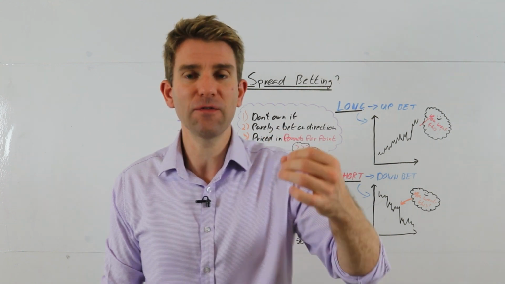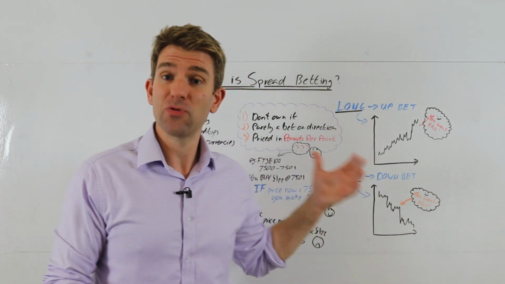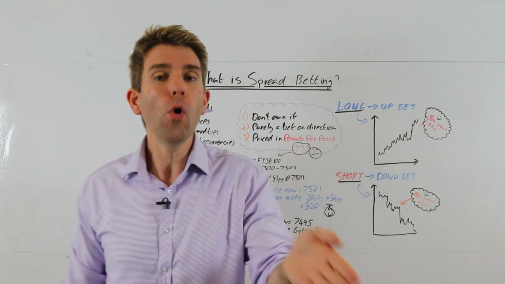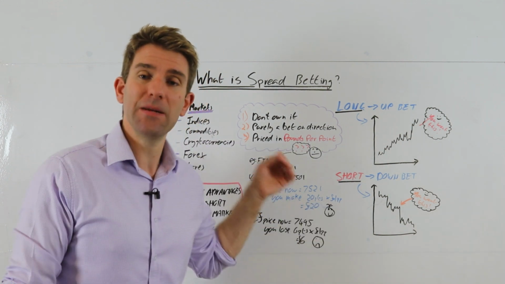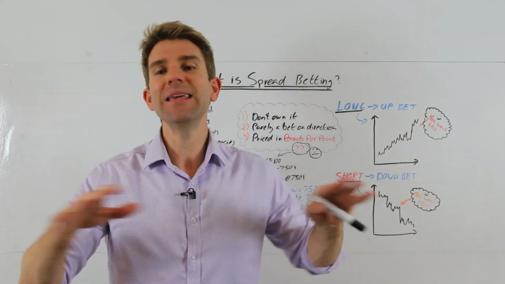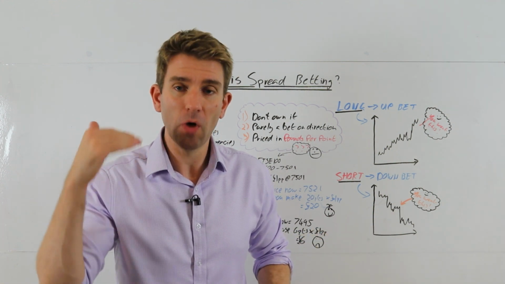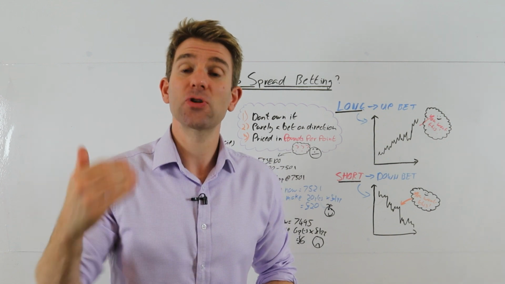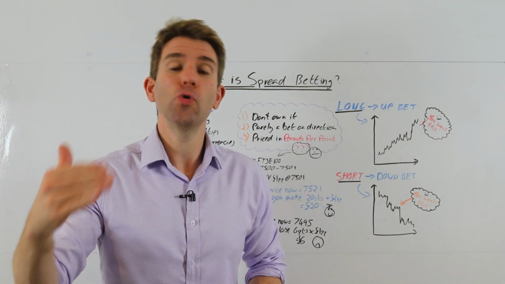Spread betting is a little bit different. Now, spread betting's also been around in sports and stuff, but today we're talking about financials. The more right you are, the more money you make because it's priced in pounds per point. So, for example, for ease of example here, say you're betting £1 a point on the FTSE going higher, and that's called going long. If we were to sell £1 a point, that would be called going short.